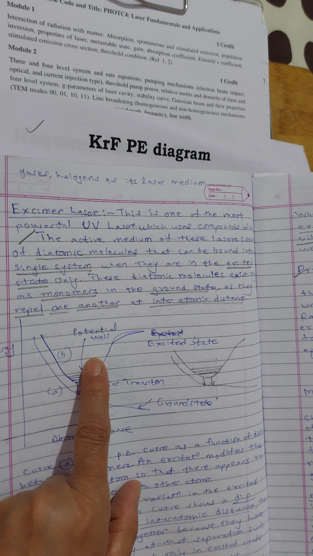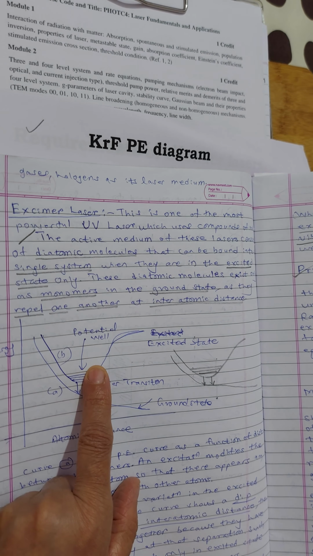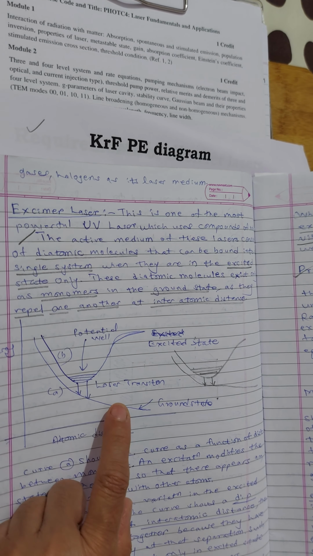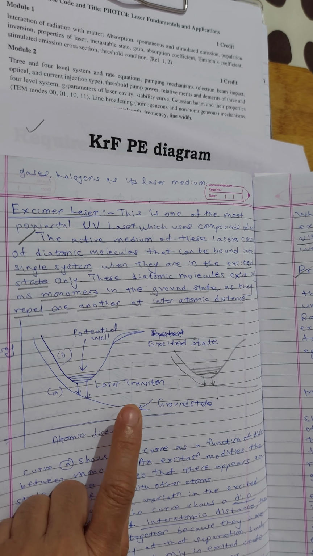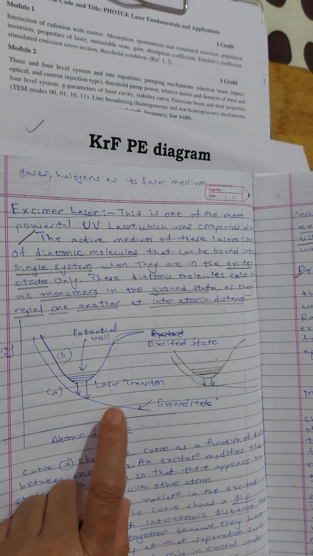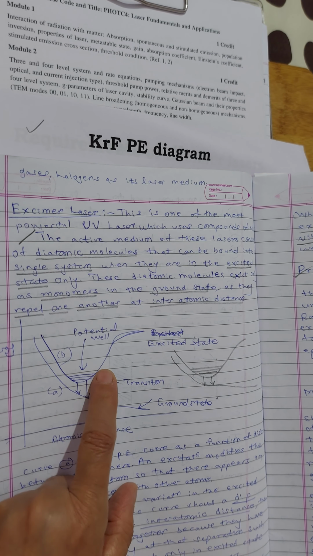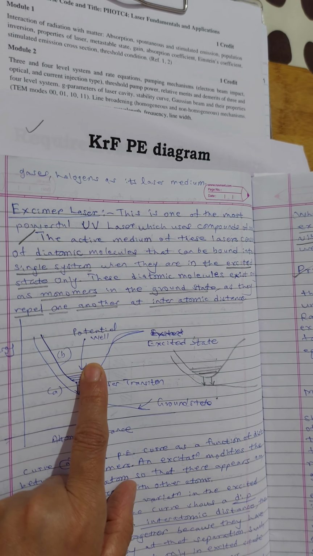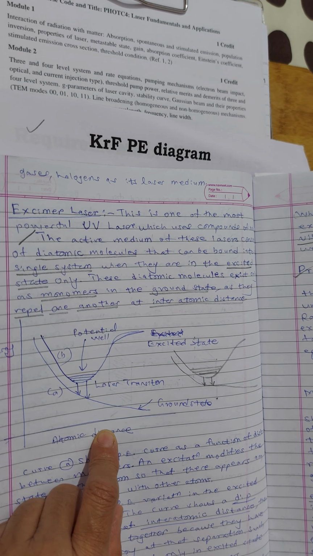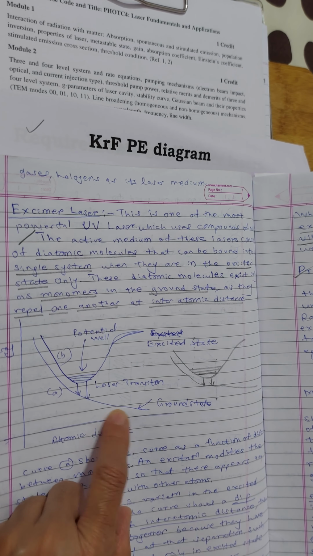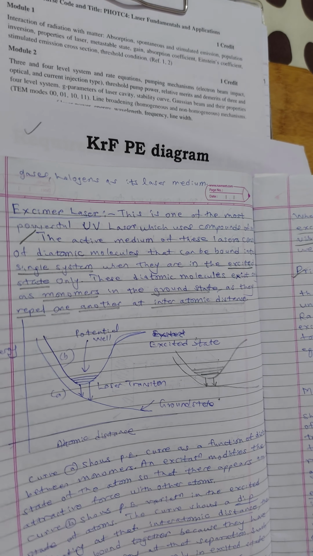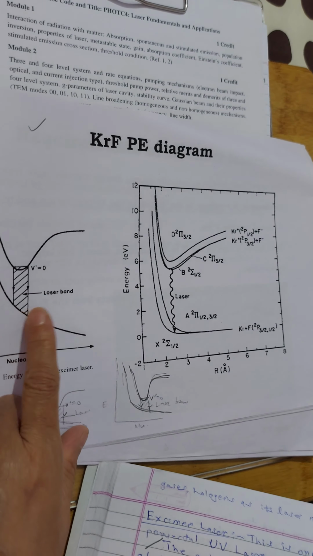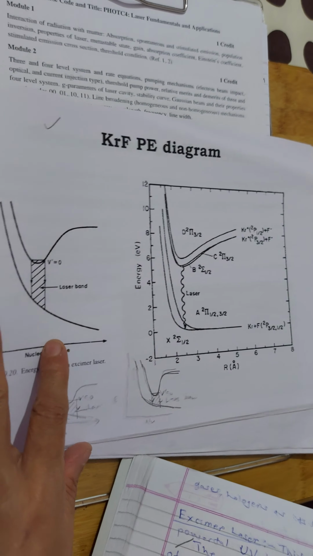The upper lasing level in an excimer laser is its electronic excited state and the lower level is the electronic ground state. Therefore, population inversion will occur as soon as some atoms bind to form molecules in the excited state, and once a molecule drops to the lower energy level, it separates out into atoms. Therefore, the lower level in excimer lasers is always vacant. These diagrams are very important to know that.